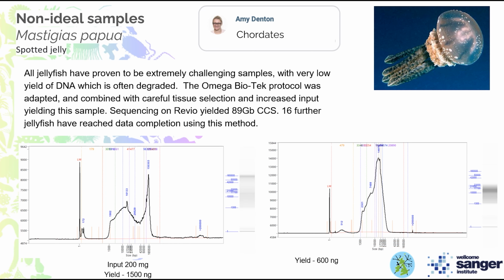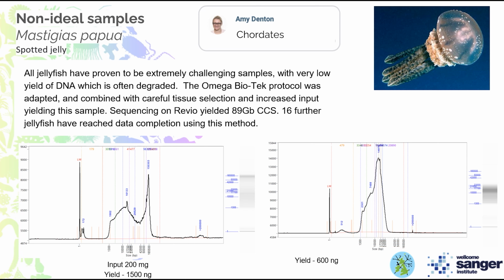We then have some other non-ideal samples. So jellyfish. They've been extremely challenging for us. We started with our standard extraction process and found that the yield was basically non-existent. So we went through lots of different approaches, and eventually, Amy's work again, we arrived on the Amiga Biotech extraction protocol and did some very careful selection of the actual tissue that was